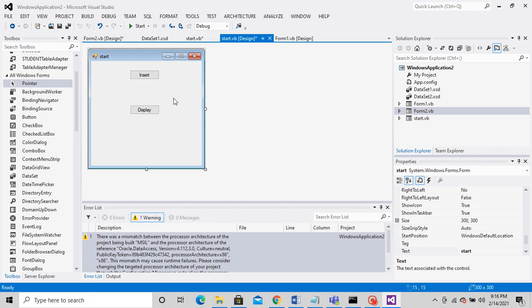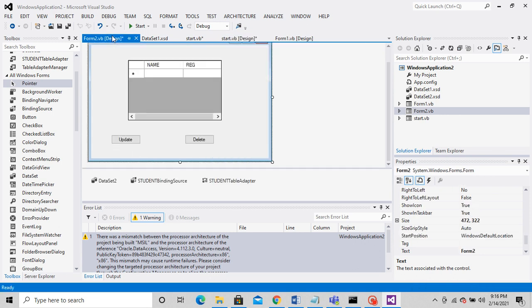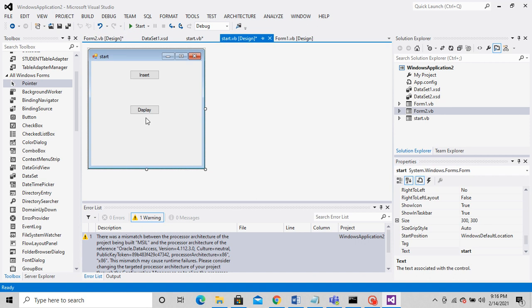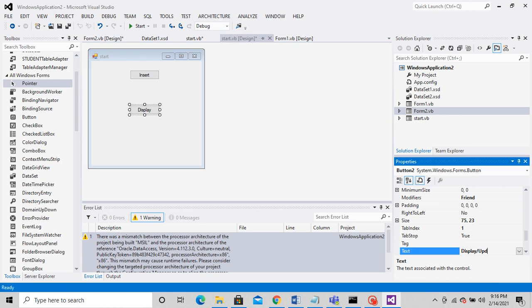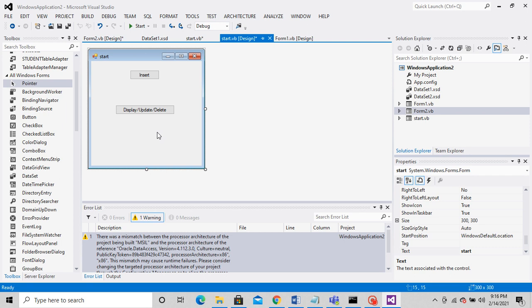Under display, I am just writing display slash update slash delete, so that it's easy for you to write the code. It will be easy for you while you are doing your project. Since these are the commonly used code which we use here, because anyhow you also have to update and delete, which you can do in the same place. So just go back to that